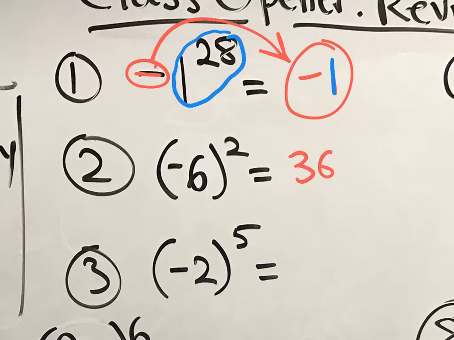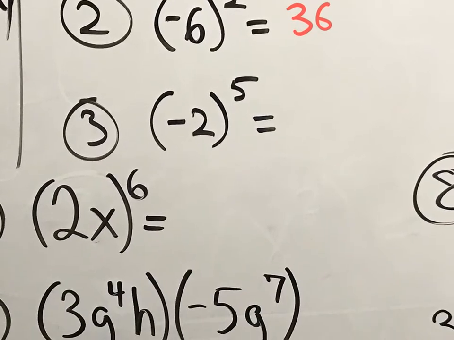Positive 36 is correct. Number 3? Negative 32. Why is that? Because 2 times 2 is 4, times 2 is 8, times 2 is 16, times 2 is 32. And it is a negative on the inside, and it is to an odd power, so my answer will be negative. So that rule did apply right there because you do have that negative inside the parentheses,